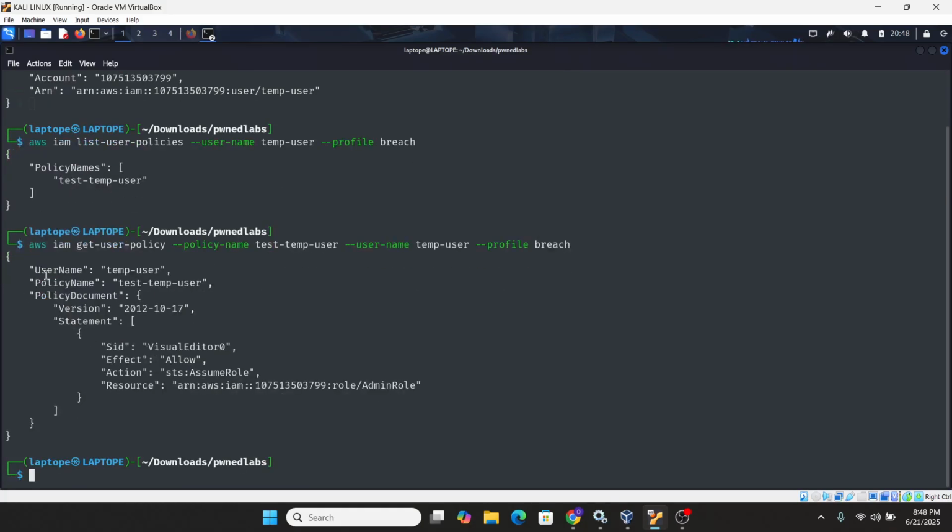Yes, you can see now the username, the policy name, temp user, and we can see the effect here is Allow, action: it means this temp user is allowed to assume a role. And what's the name of the role? The name of the role the temp user is allowed to assume is called admin role.